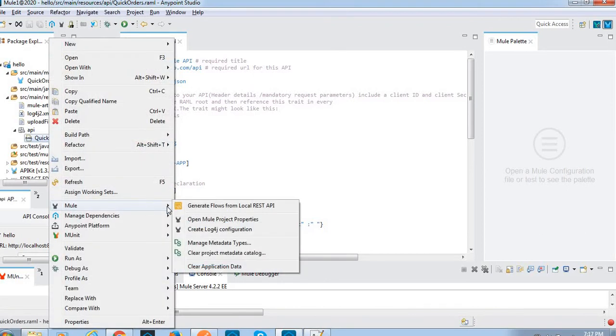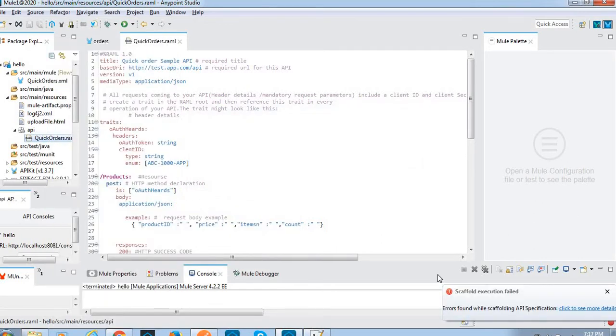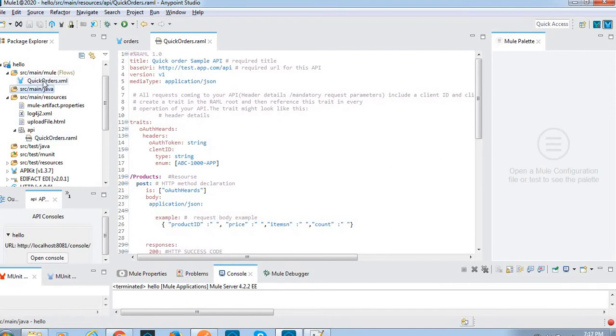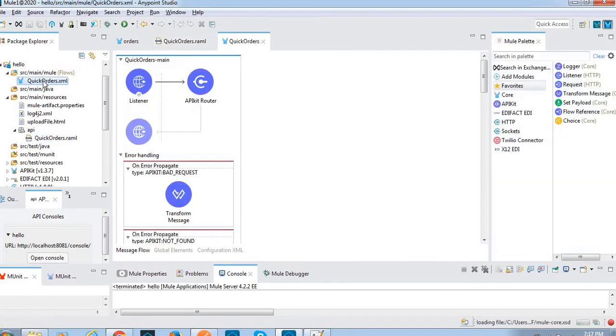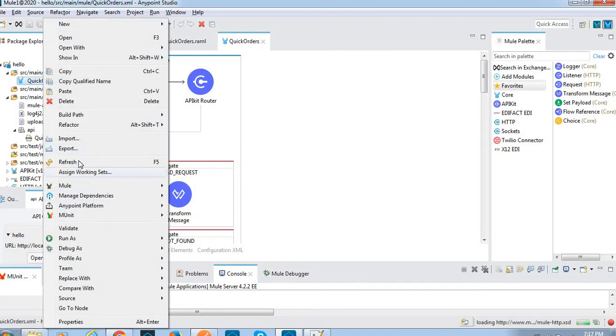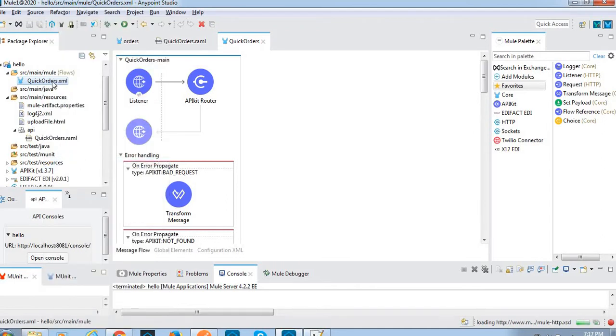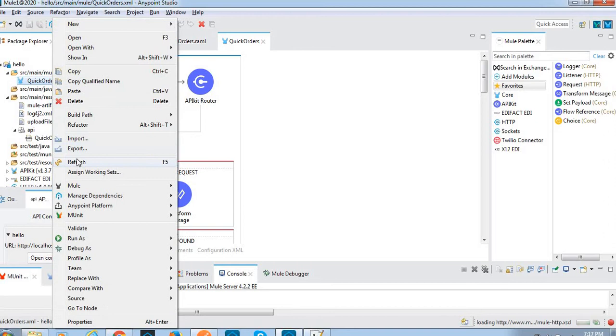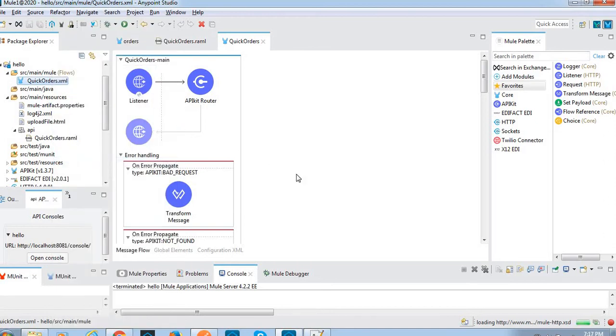Go to Mule, generate flows from... execution fail. Okay, there is some issue. Then we have to refresh the project, then again run the project.